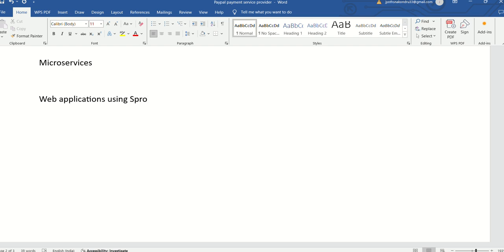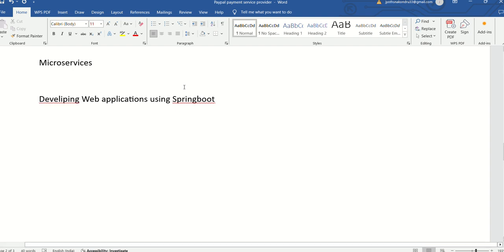Building web applications by using Spring Boot. To develop a web application using Spring Boot,